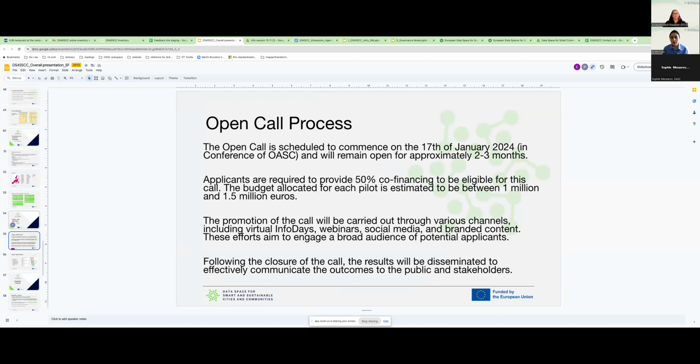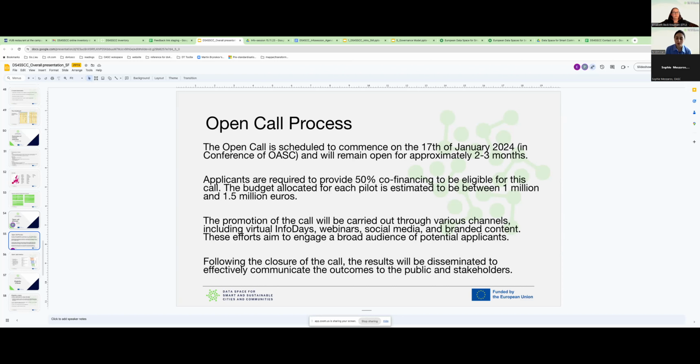Yeah. Okay. So this is the actually interesting part that all of you are waiting for, and it will be announced on the 17th of January 2024 at the conference that is happening in Rotterdam. And this call will be open for 2 or 3 months.